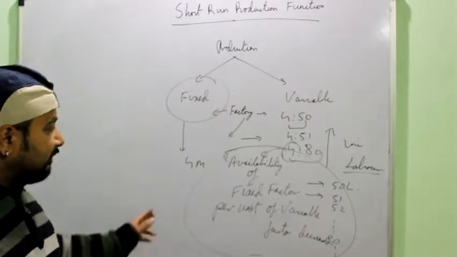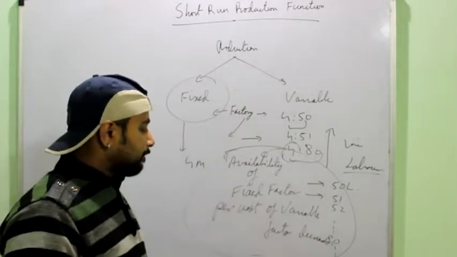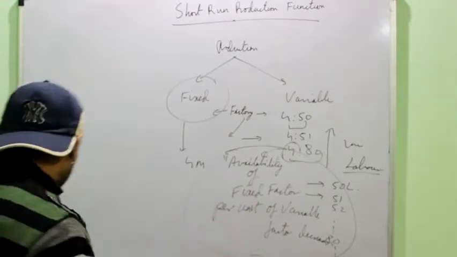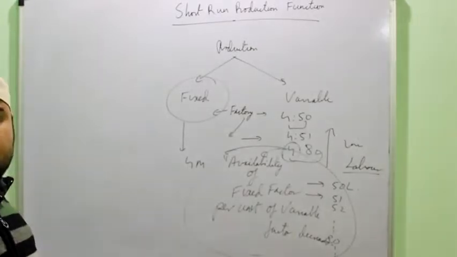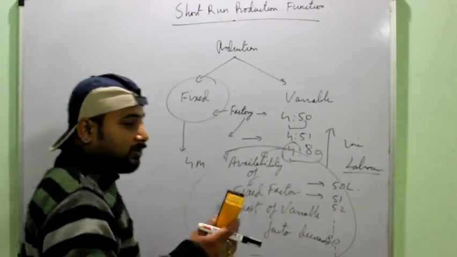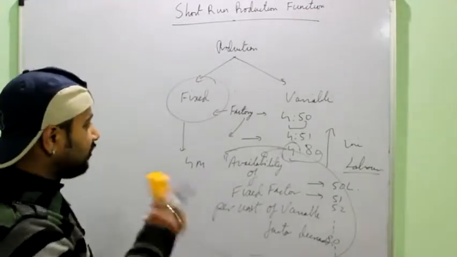You all would agree that when the availability of the fixed factor is decreasing, then some of the problems might creep into my production, right? This topic I am explaining to you in a lot of detail because it is the most important part of this unit. If you understand this, only then you can understand the unit further, right? In the chapter of cost, revenue, producer equilibrium, everywhere this concept is used. Universal concept.